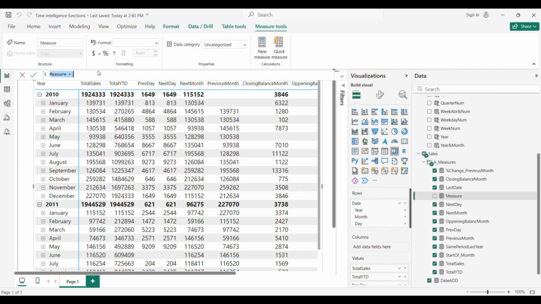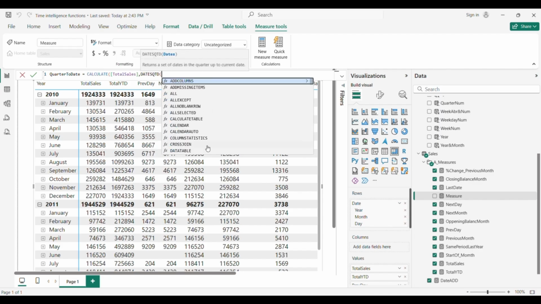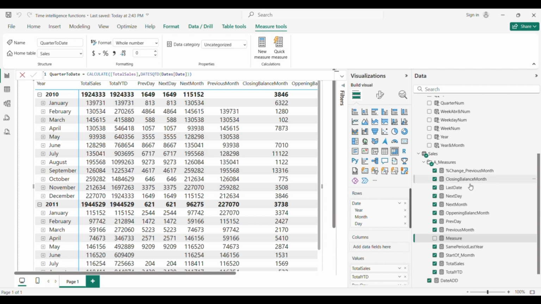So we can write quarter to date, and we can say calculate total sales again, and just use the function dates quarter to date, which is here, and we just need to add our dates, close parentheses.